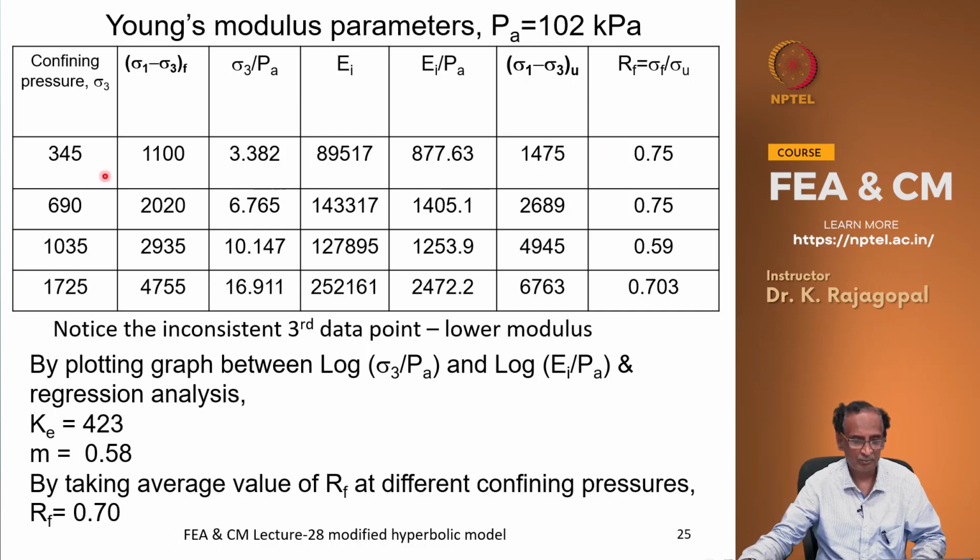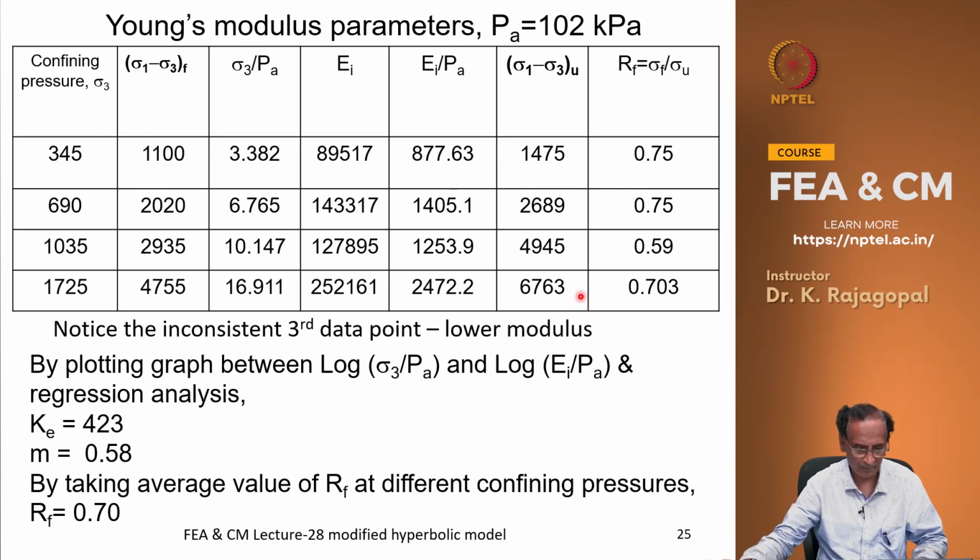Our RF is sigma 1 minus sigma 3f divided by this ultimate value. So, at a confining pressure of 345, the RF is 1100 by 1475, so approximately 0.75. Once again, at 690 it is about 0.75, and at 1035 it is about 0.6, 1725 0.703, and what we